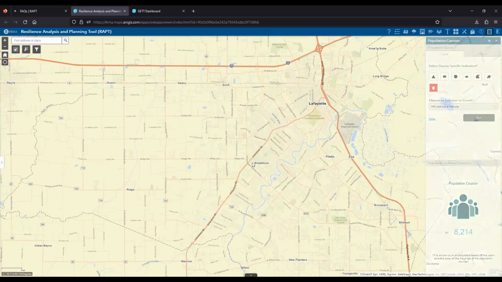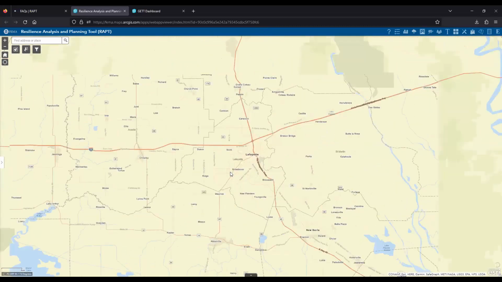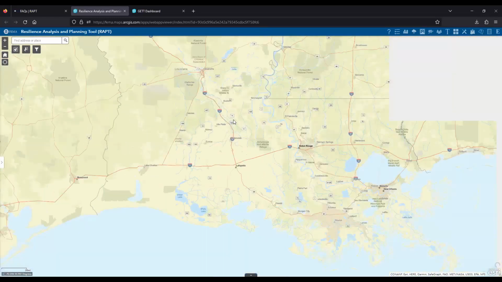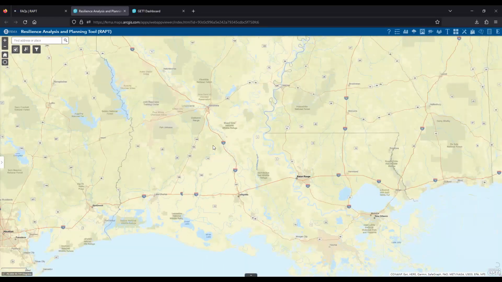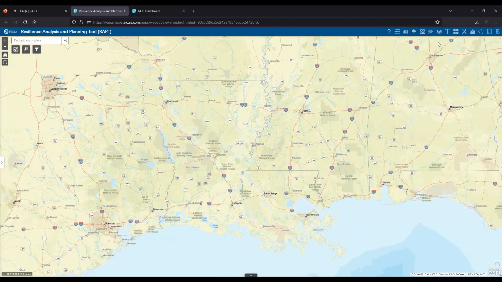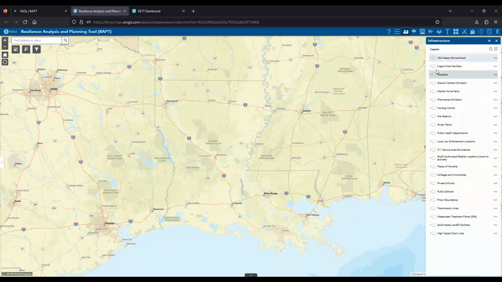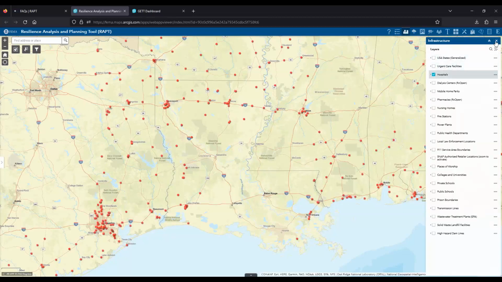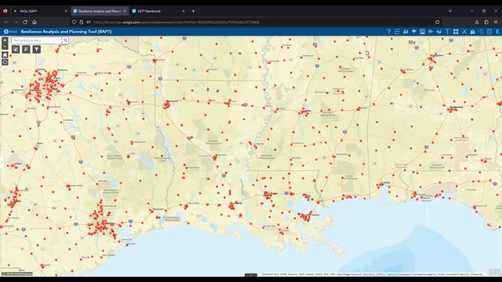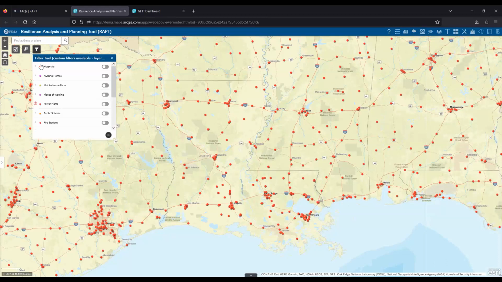I mentioned earlier another tool that we have, which is the filter tool. So I'm just going to zoom out and show how to use that really quickly, and then I'll open it up for questions. The filter tool is really nice because we toggle on our infrastructure, and let's say we are looking at hospitals. You can see when we toggle it on, we have the hospital layers for the whole country. Let's say I just want one specific parish or one specific area in the state.